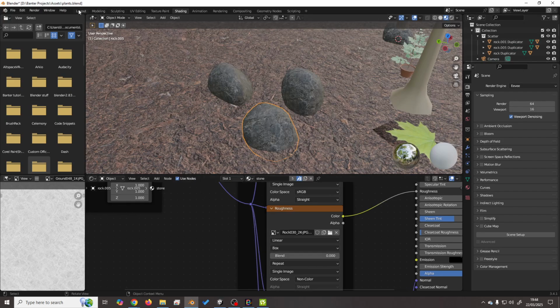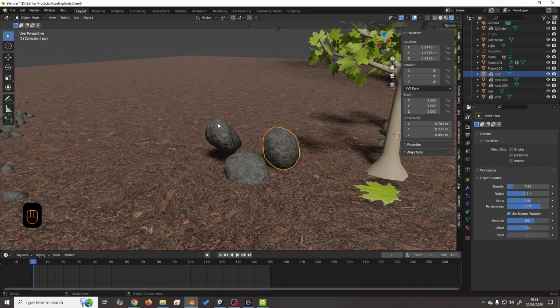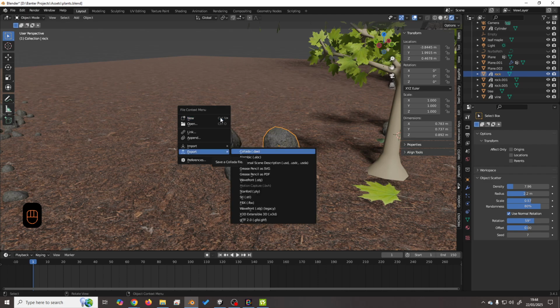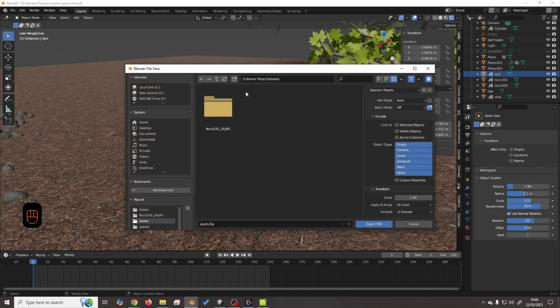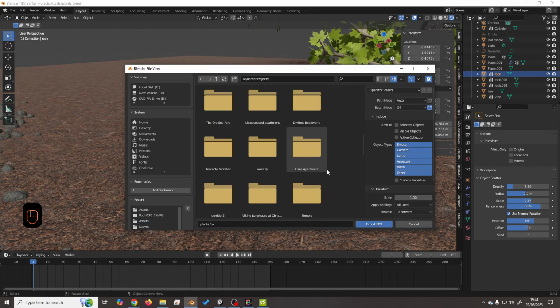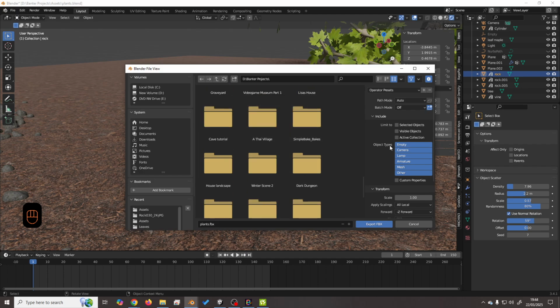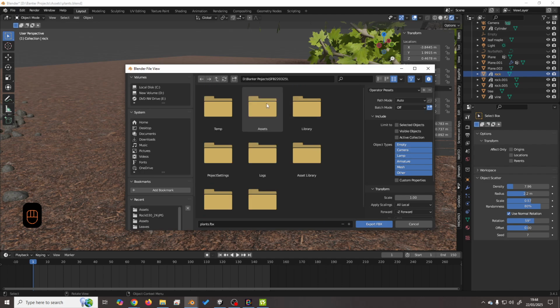So start off with rock number 1. F4 is the shortcut to bring up your import and export menu. E for export, F for FBX, and we need to pop it in the right folder, so it's SFB. Lordy, I got them as, there we go. And I'm going to call it